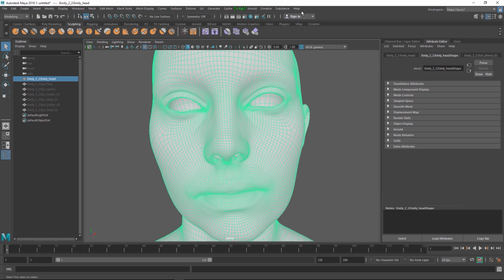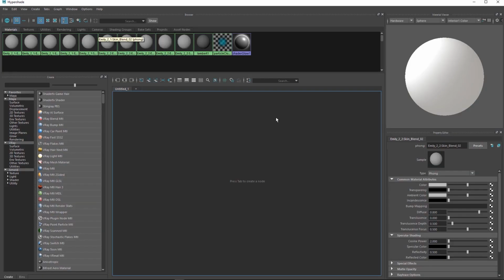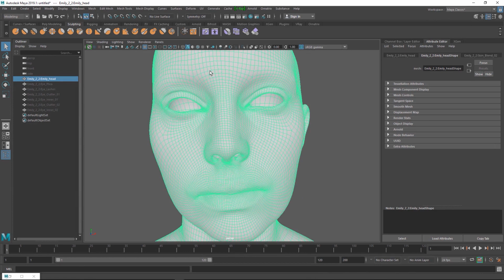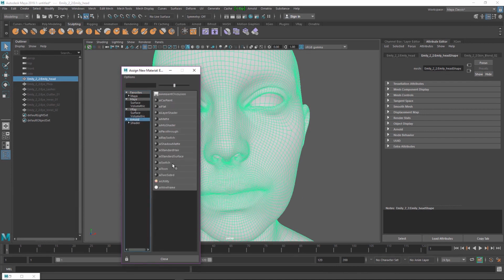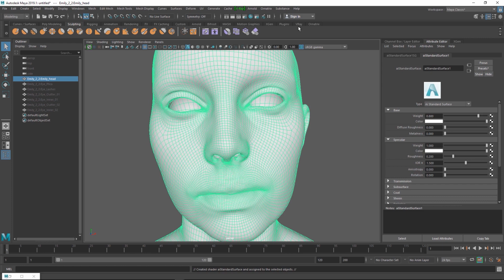So let's go to Hypershade. We have a Hypershade here, and we just select our model, right click on it and assign a new material. Go to Arnold and aiStandardSurface, and here we have our shader. We call this skin,